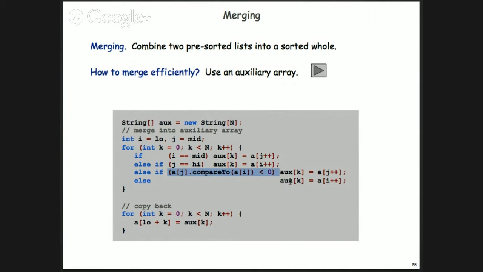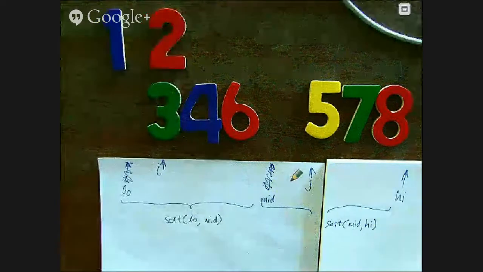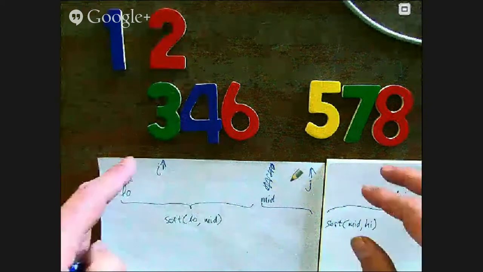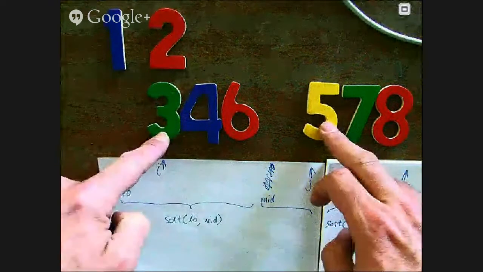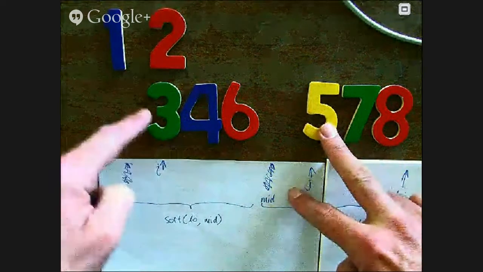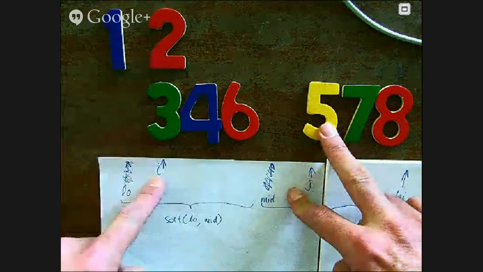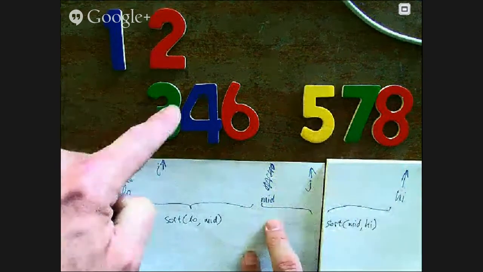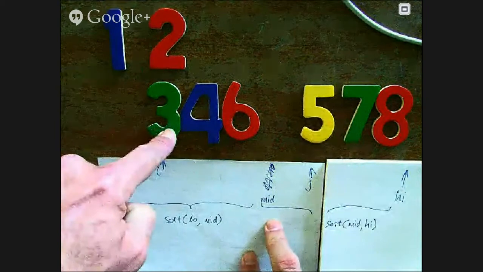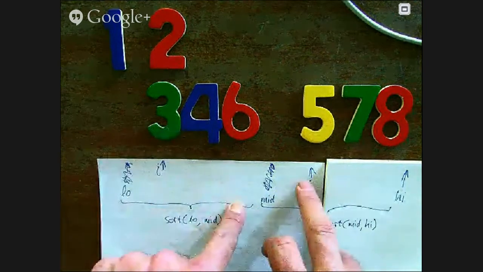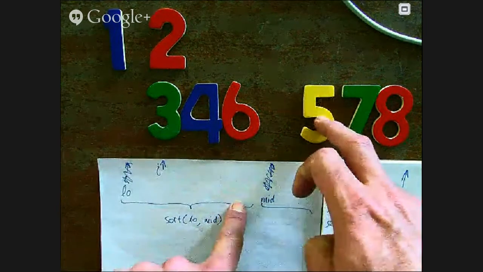So you can see that I and J are... I'm sorry, guys. If only there was some technology available. Okay, so I copied the 2 over, I advanced I, and you can see I is always pointing to the first element in my left array, my left part, and J is always pointing to the first element in my right